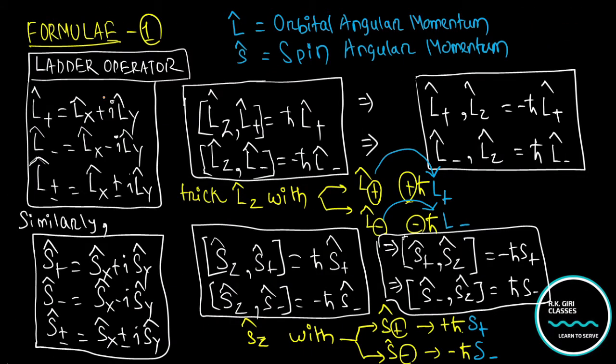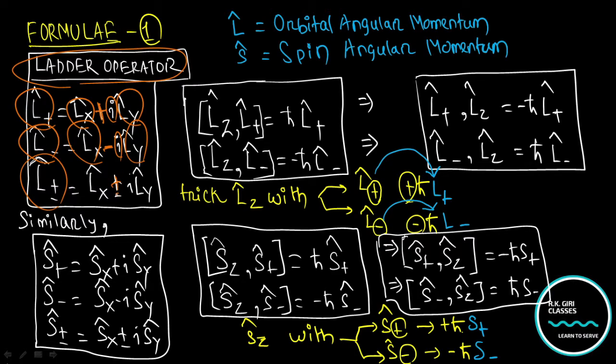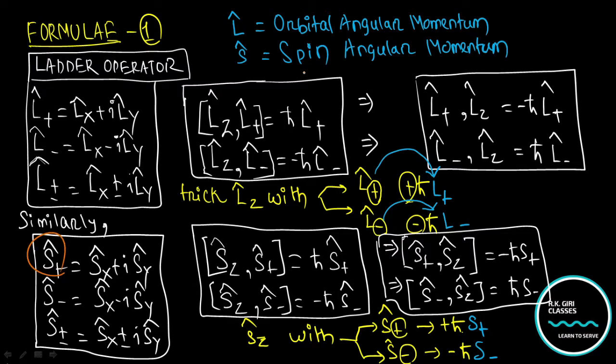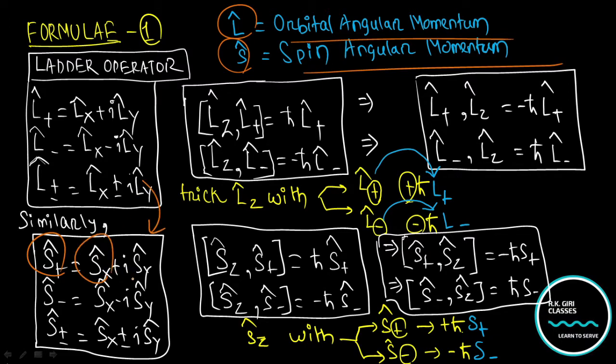Now just revise this formula already discussed in lecture number 1, that is ladder operator. L plus is equal to Lx plus i Ly, plus is there, just insert i here. L minus is equal to Lx minus i Ly, minus insert here, i just insert there, and L plus minus, similarly you can do like this, Lx plus minus i Ly. Clear this point? Now similarly for this your spin angular momentum, and this is orbital angular momentum, right? This is same format, right? Just put Sx there and i Sy. Clear this point?